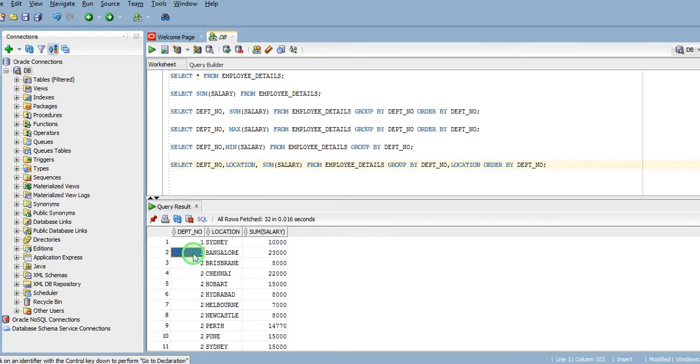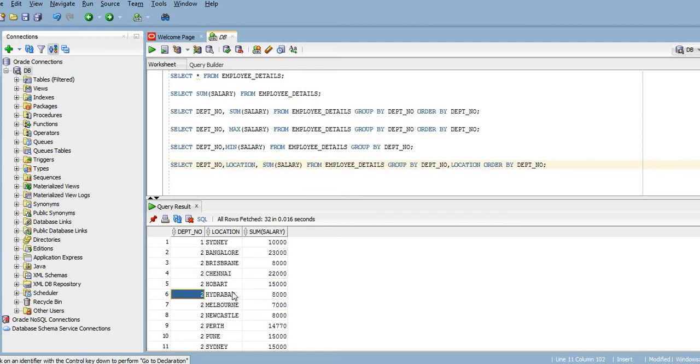For department 2, for Bangalore location, they are paying 23,000 bucks. For department number 2, for location Brisbane, they are paying 8,000 bucks. For department number 2, location Chennai, they are paying 22,000 bucks. For department 2, location Hobart, they are paying 15,000 bucks.